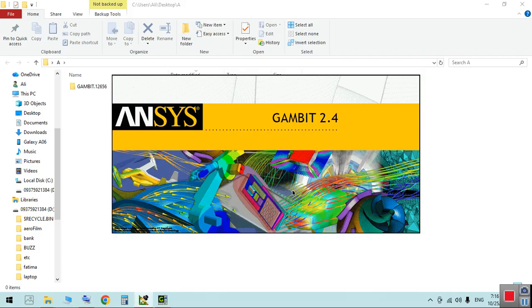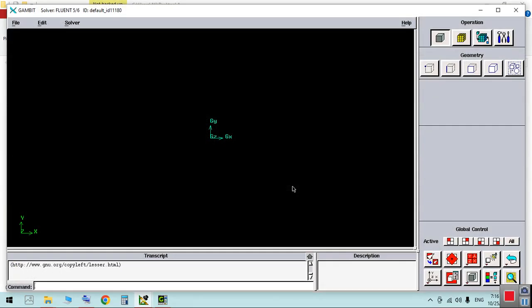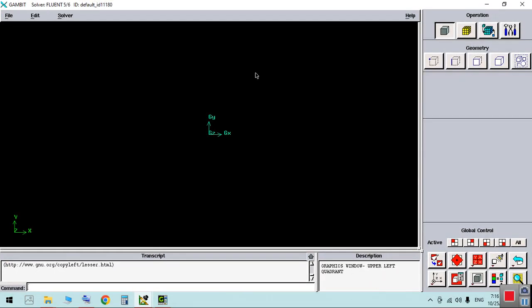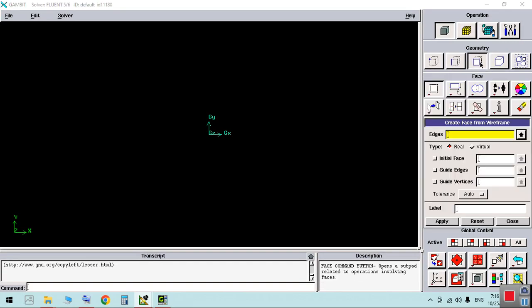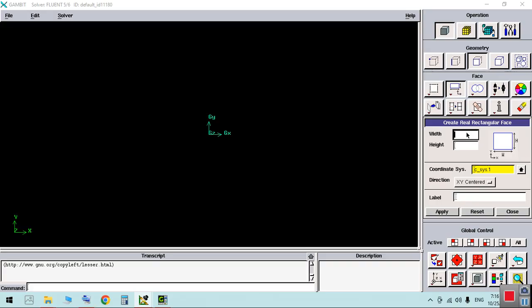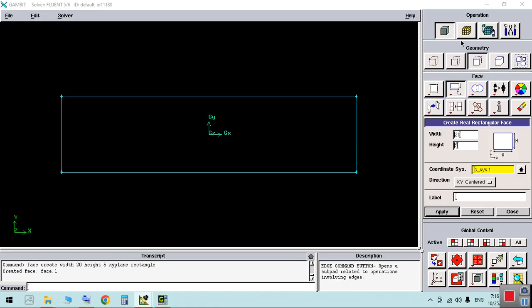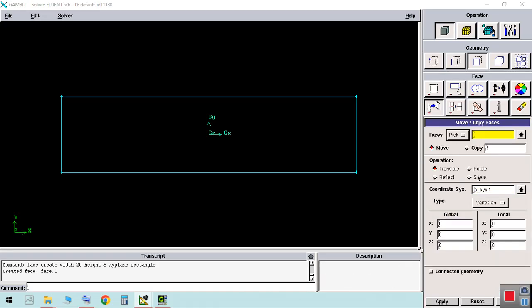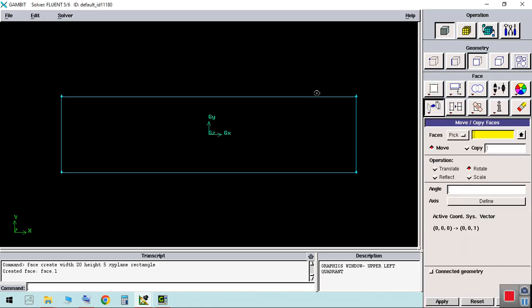Well, this makes you save a lot of time, in fact. Well, I come here and create a rectangle with, for example, 20 and 5 sizing here, apply, and here I rotate this component by 5 degrees counterclockwise,